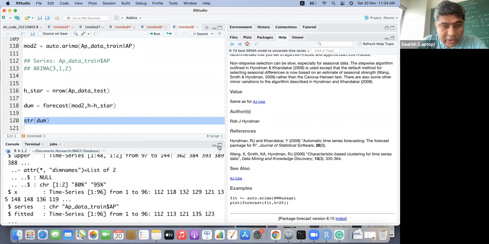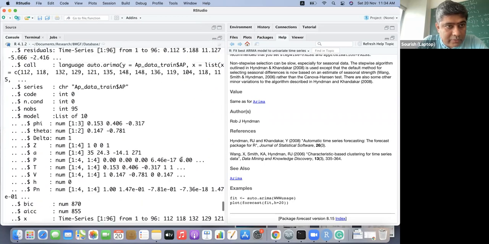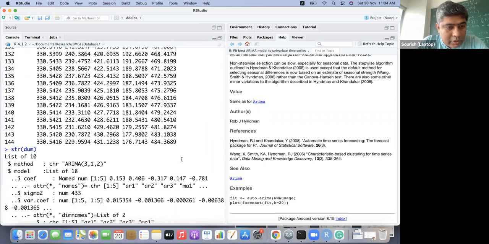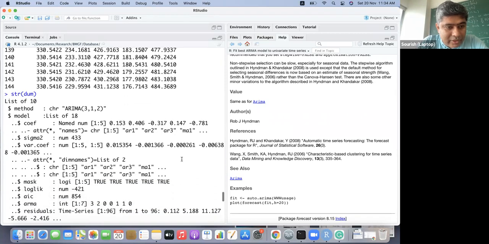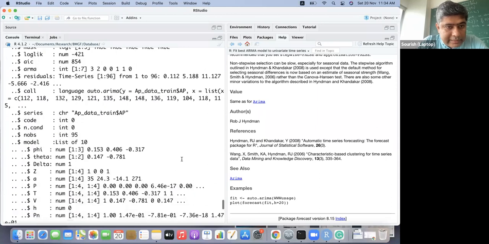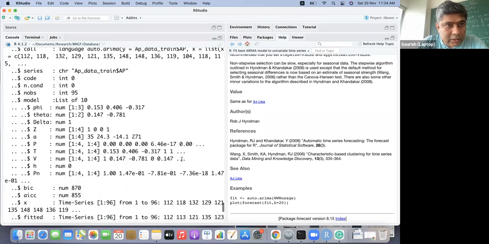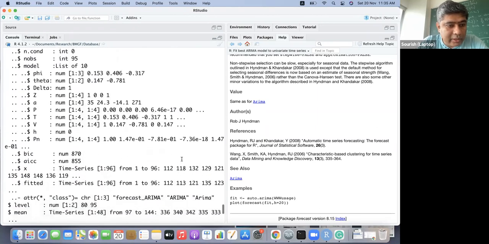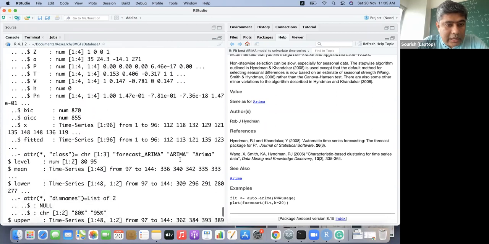A lot of things are there: method, model, sigma 2, residual, series, character. Okay. Yeah, I think this is what we need to extract.